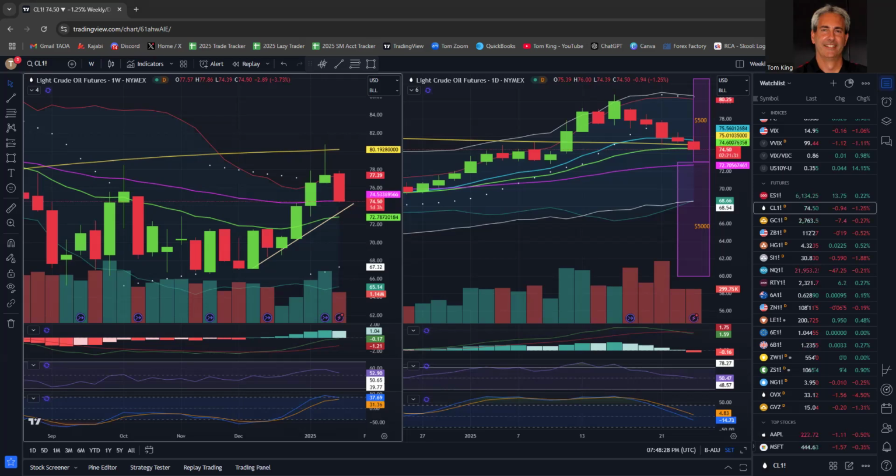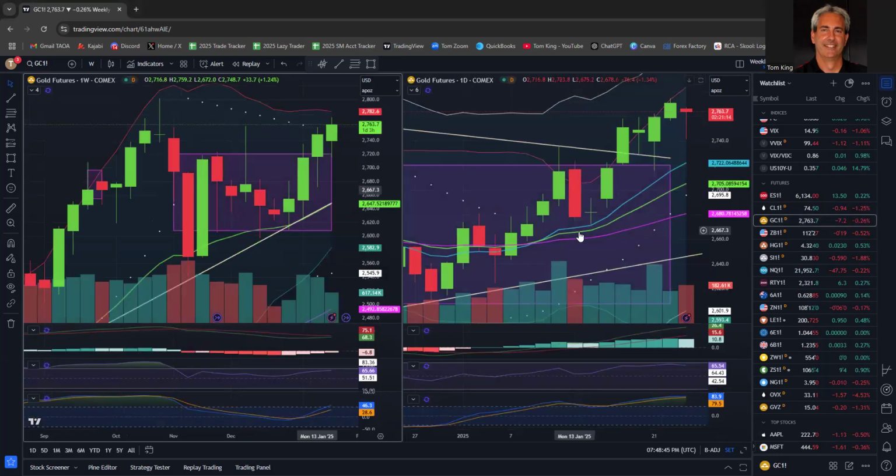So I do have a write-up on the 112 and how to manage it properly. But 60 days is essentially where I am. All right, so this is the 112 trade or the 111 trade. This is how it looks for oil right now. If we're looking at gold,